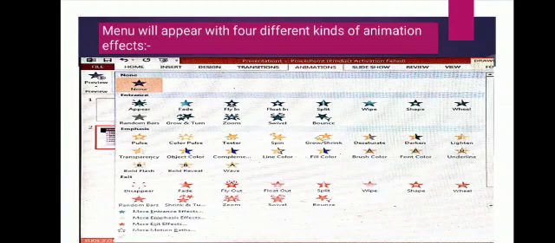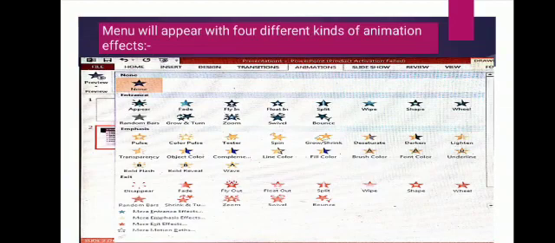There are 4 types of effects. First, entrance, second, exit, third, emphasis, and last one, motion path effect. As given with the help of diagrams and names, in entrance it will give you appear, fade, zoom, bounce. In emphasis it shows change color, pulse, line color, fill color, grow and shrink. These kinds of effects will show in the emphasis option. Now for exit, disappear, fly out, float out or wipe. And in motion path, you will select the direction.